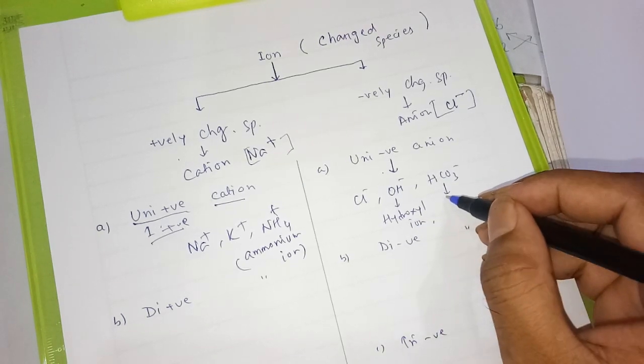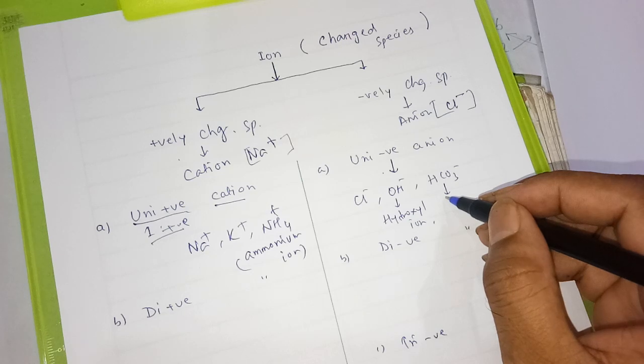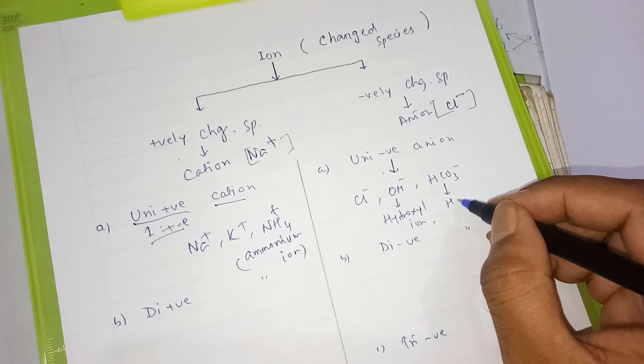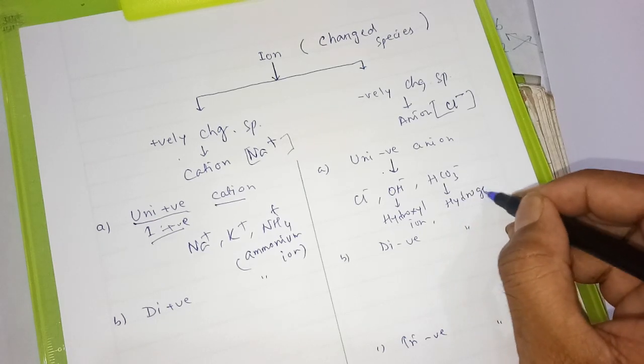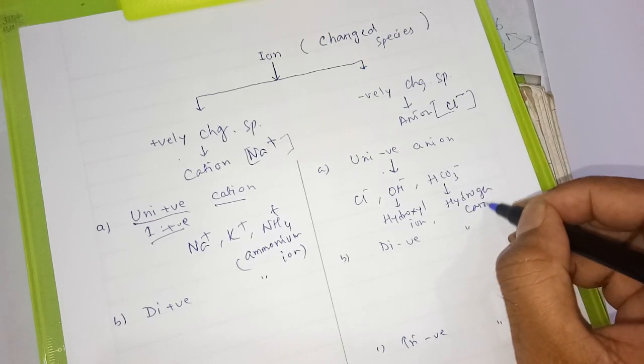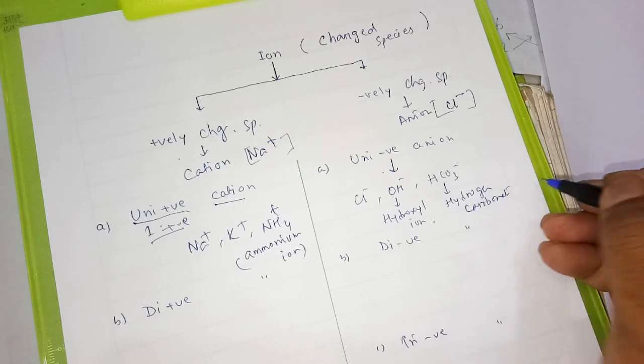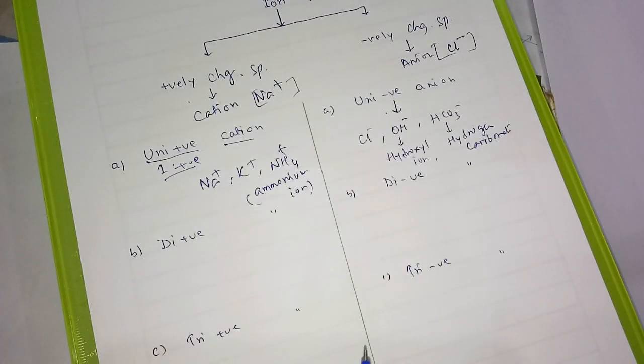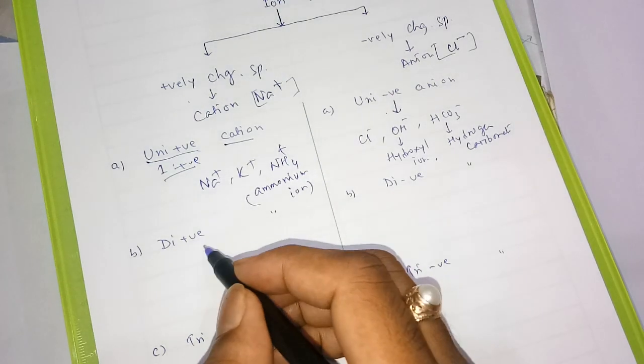This is hydrogen carbonate or bicarbonate. So you have to learn the names of all these things. It is also called bicarbonate, hydrogen carbonate or bicarbonate ion. Now the dipositive ions,